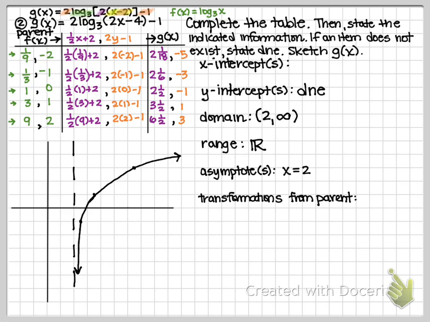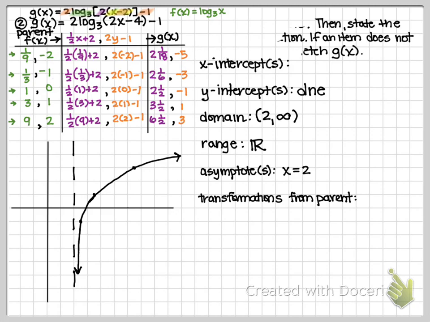Okay, so x-intercept. The x-intercept is going to require some work and some space. So I'm going to do the same thing that I did before, and I'm just going to erase the directions up here to give myself some room. Just trying to keep it all on one slide so you don't have to bounce back and forth. If I'm trying to find an x-intercept, that means the y value is going to be 0. So I'm going to do 0 equals,